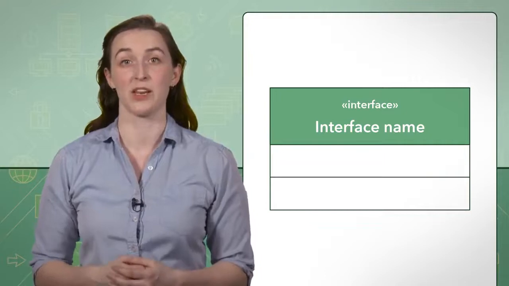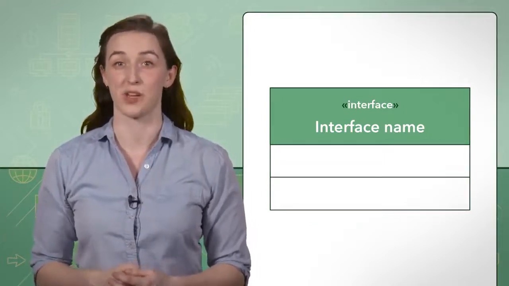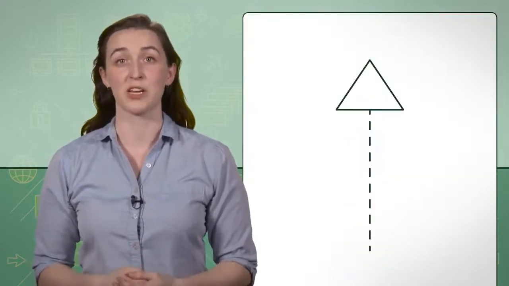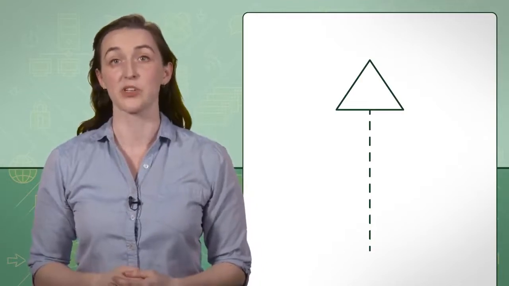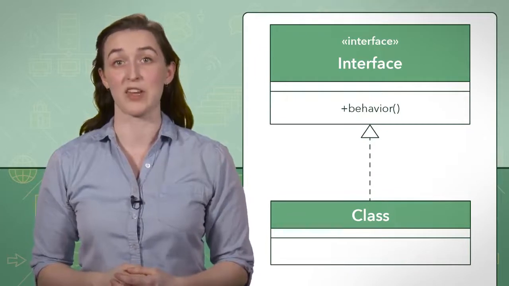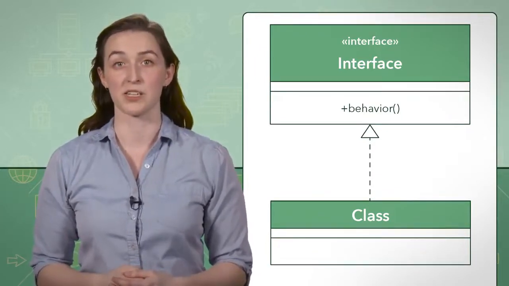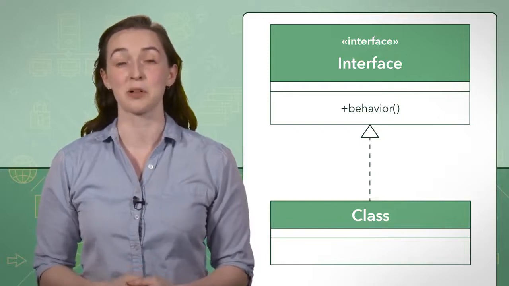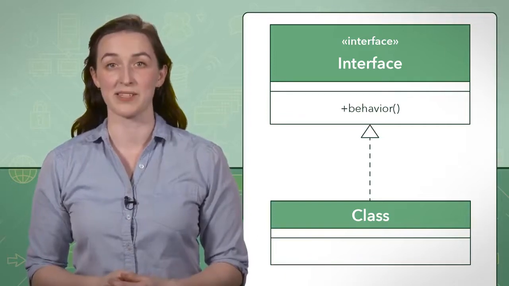Interfaces are drawn in a similar way that classes are drawn in UMLs. Interfaces are explicitly noted in UML class diagrams using guillemets or French quotes to surround the word interface. The interaction between an interface and a class that is implementing the interface is indicated using a dotted arrow. The class touches the tail end of the arrow, and the interface touches the head of the arrow. We combine these notations together with a class to show that a class implements an interface. This indicates that the class implements the interface.